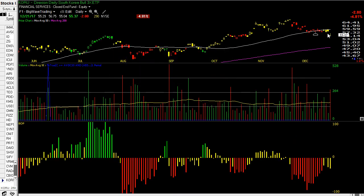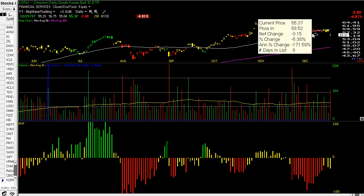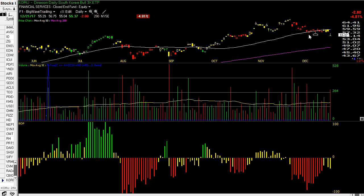Now, Koru, this chart's wrong thanks to a dividend. You have to go look at it at stockcharts.com, but it's closing below the 50-day moving average on above average volume. It's still holding this December low, so it's a 50% end-of-day sell signal. But my final sell stop is this December lows. You got to go look at stockcharts.com for the right level. If it fails this with Koru, I'll be completely out. Now, if it fails it intraday and then moves back higher, I'll still be tracking Koru,